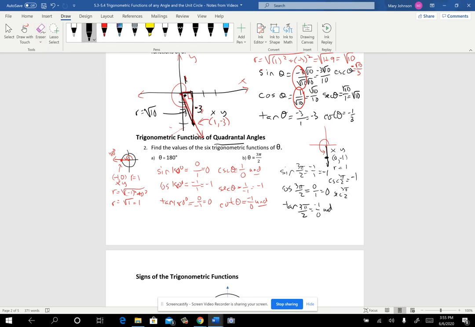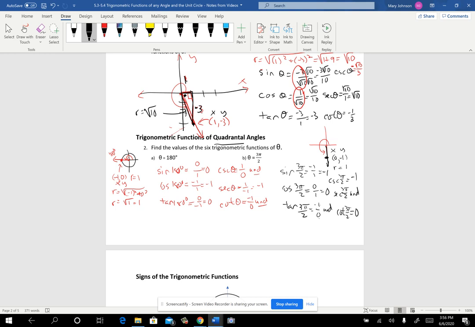Okay, because it would have a 0 in the denominator. And then cotangent is going to turn out to be 0. Cotangent of 3 pi over 2 is going to turn out to be, since it's 0 over -1, 0. Okay, so really all we're doing in 5.3 and 5.4 is kind of expanding our definitions